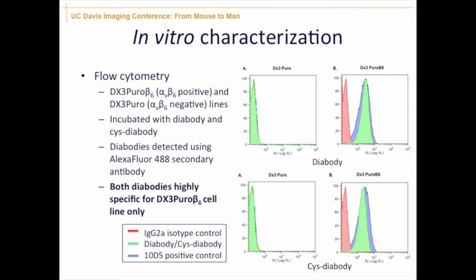So we then incubate both of these cell populations separately with both the diabody and the cis diabody, basically using those antibody fragments as primary antibodies to detect expression of alpha v beta 6. We then follow up with the secondary antibody, which is an anti-6-cis conjugated with Alexa Fluor 488 to give us our fluorescent signal. If you look at the DX3 puro line here, it is basically on the left